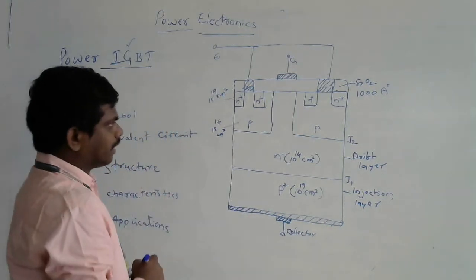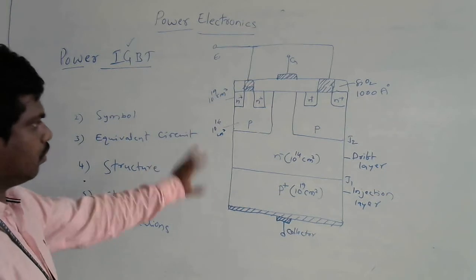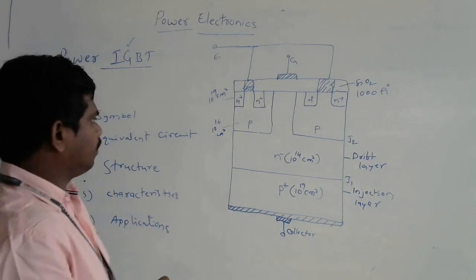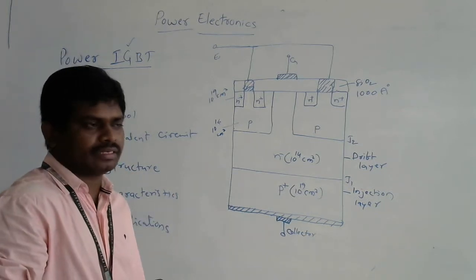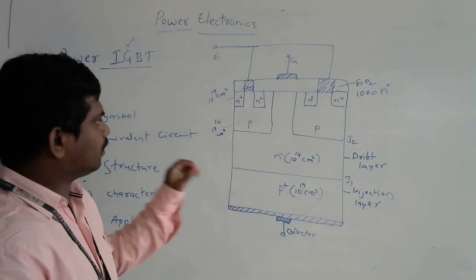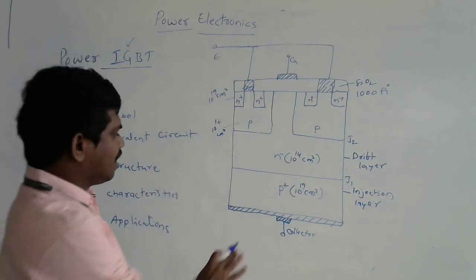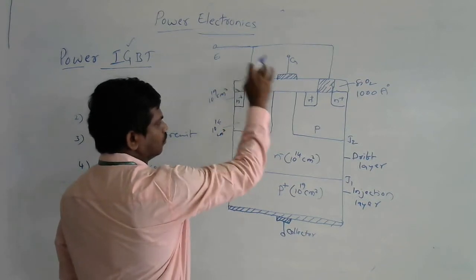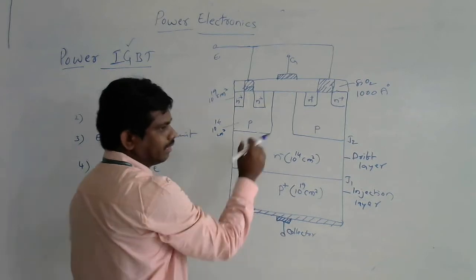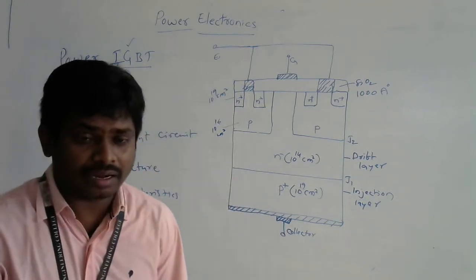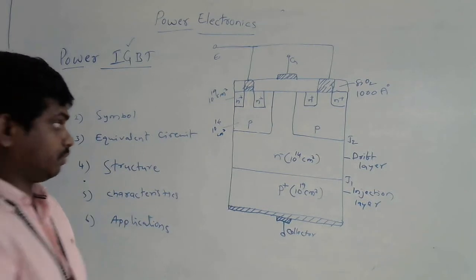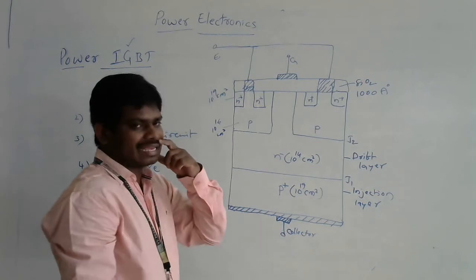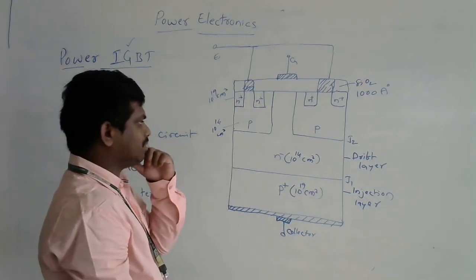So, what is the type of IGBT that we have drawn on the board? Is it an N channel IGBT or a P channel IGBT? The question is, what is the type of channel formed to flow the main output current from the collector terminal to the emitter terminal? Is the channel created by negative charge or positive charge? The answer is, it is an N channel IGBT.